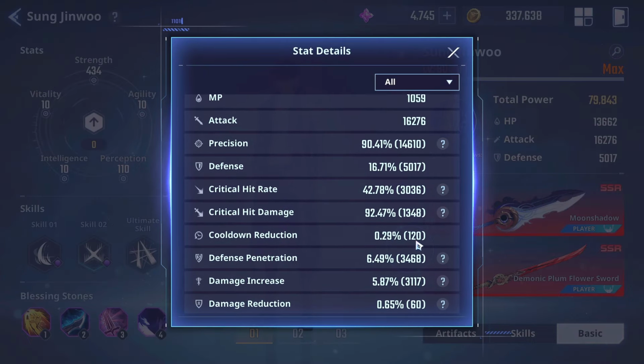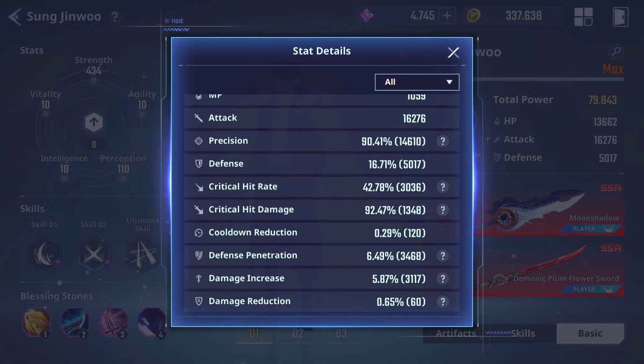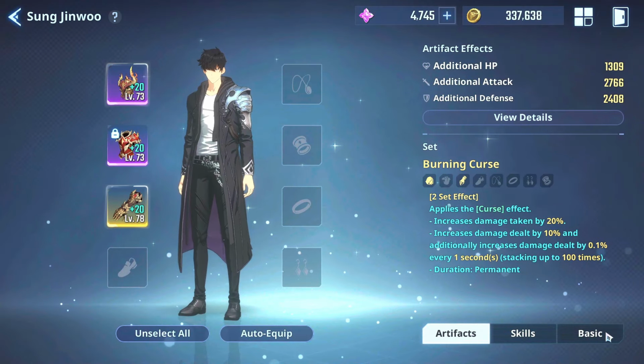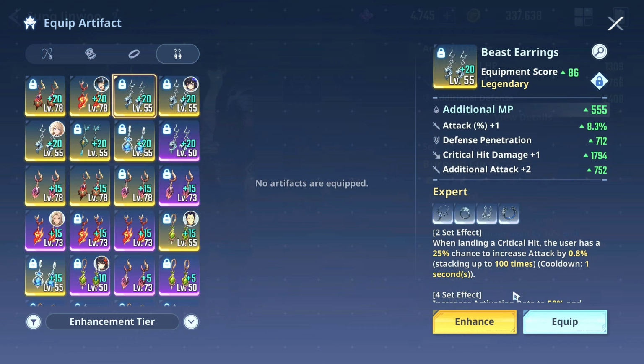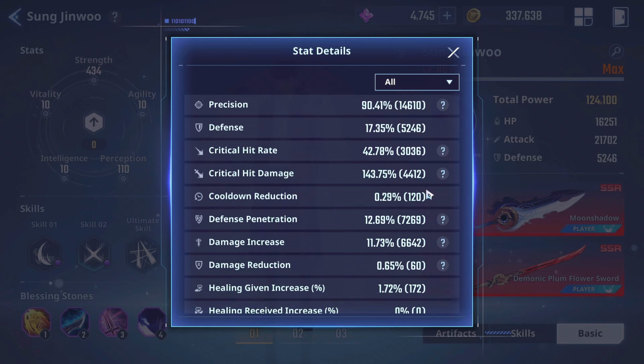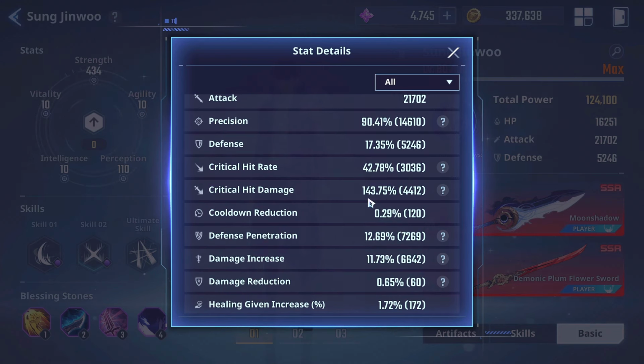And now it's 92.4. So 157 minus 92 is around 65% critical hit damage value. So my critical hit damage here, which is 4.4k, resulted in a 65% critical hit damage percentage. Now what we're gonna do is I'm gonna add more. So we added about 3k or something, and it's now